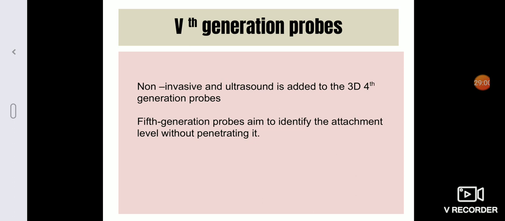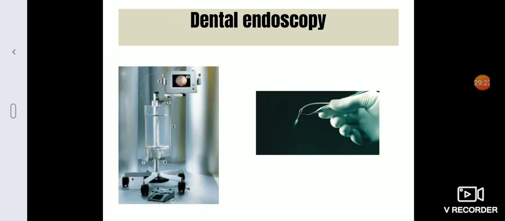Now, the ultrasound gives more information compared to the conventional probe because the secondary echoes are recorded from the tissue at various depths. It is likely that the technique will be able to provide information on the condition of the gingival tissue and the quality and extent of epithelial attachment to the tooth surface.